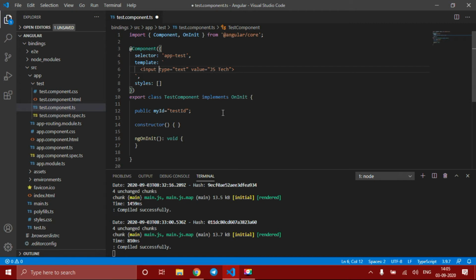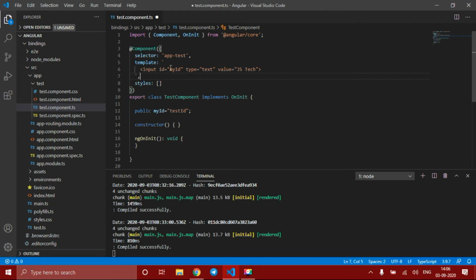What we have to do is write the id of this input element equal to myId. If you write like this, I am saying that the id of this input element, since every HTML element has its own id, I am giving as testId.